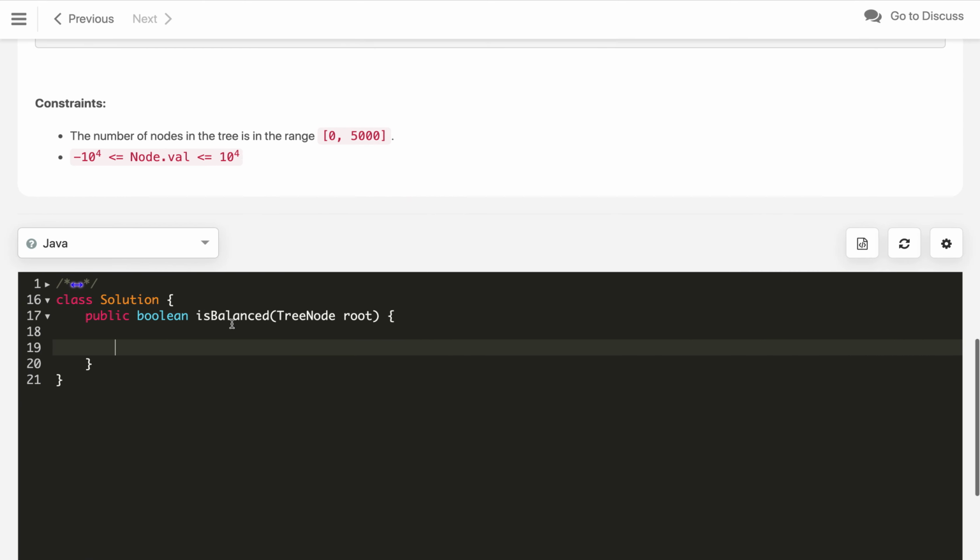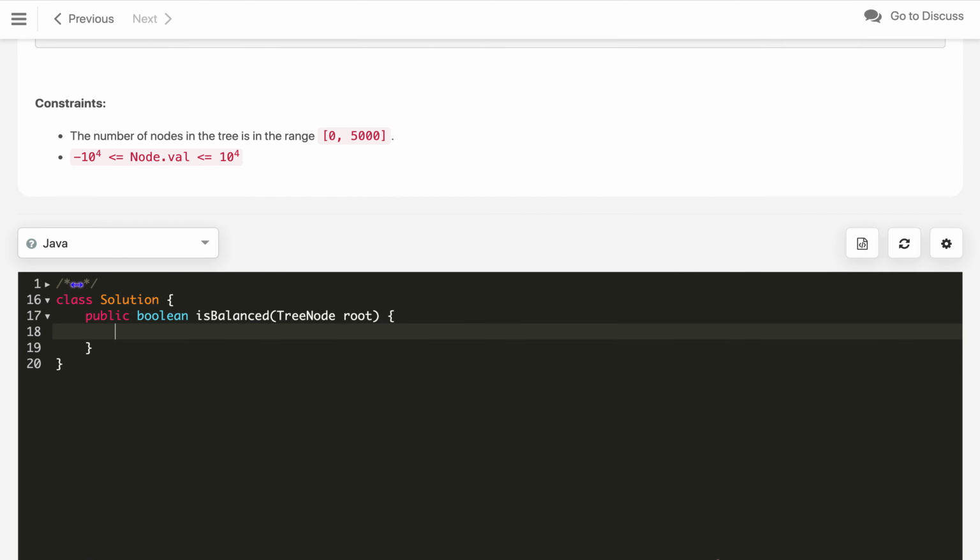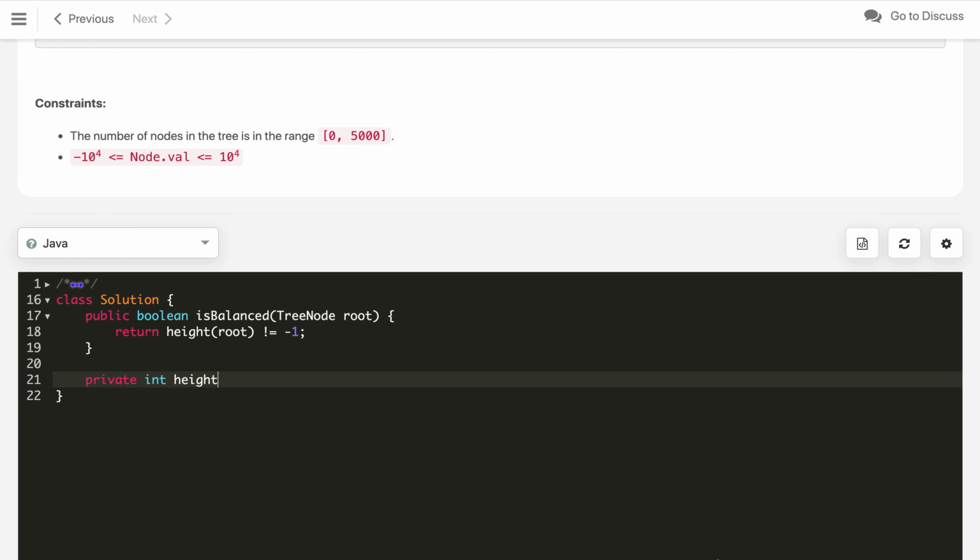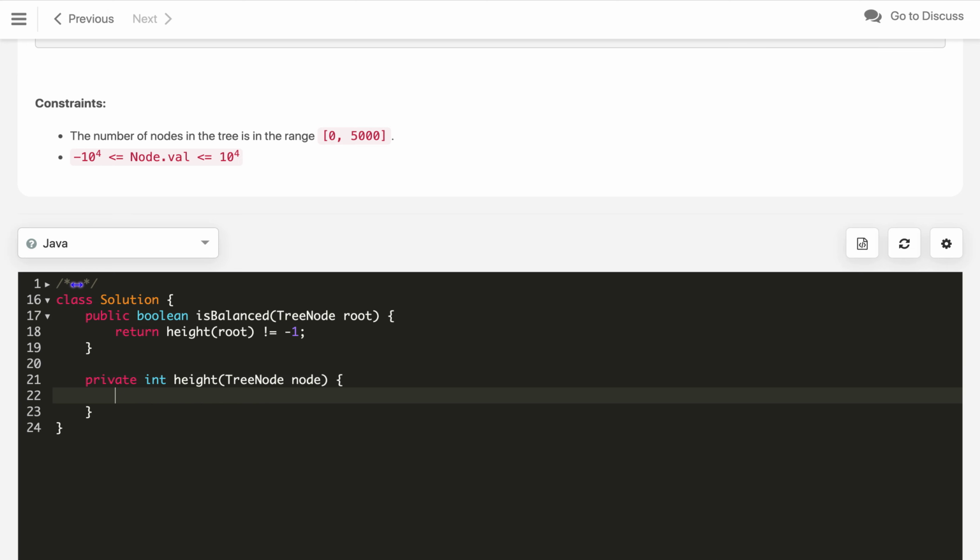So, for the code, we will just call the height method, passing the root, and we will check if the returned value is -1, which means it is not balanced, otherwise it is balanced. For the height method, we will return an int and take a TreeNode, let us call it node.